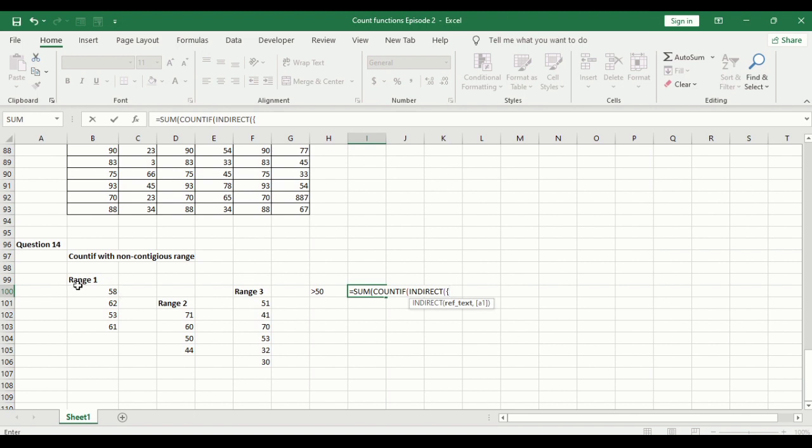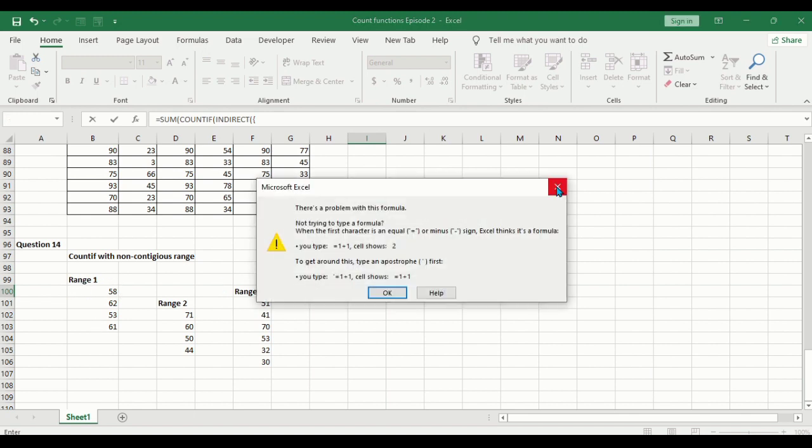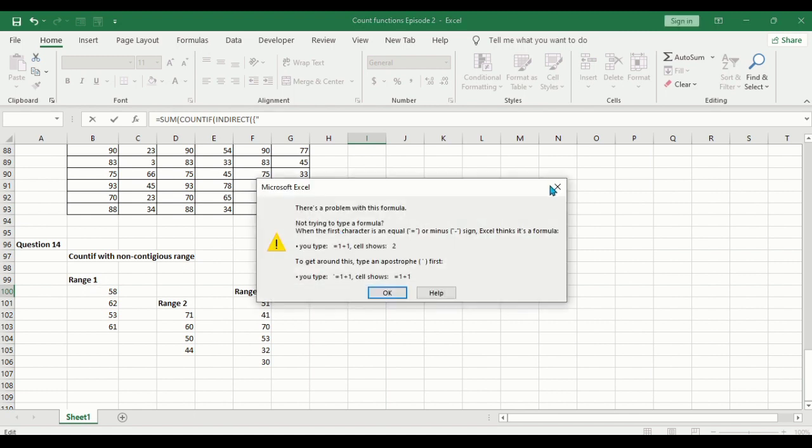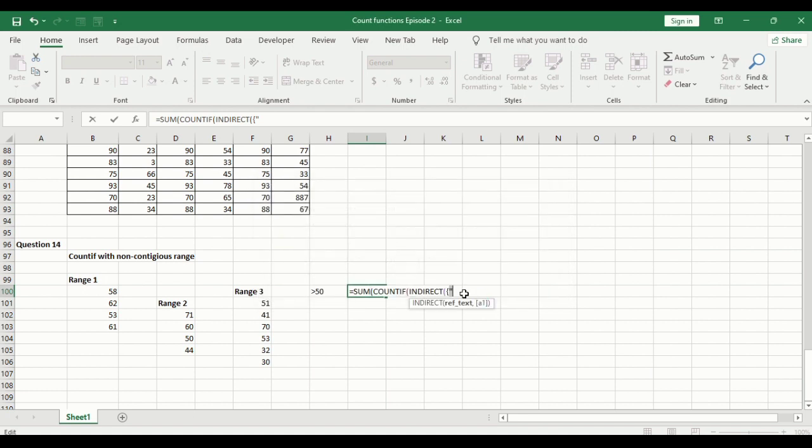You select the first range. I think there's a mistake somewhere. Equals to SUM COUNTIF INDIRECT